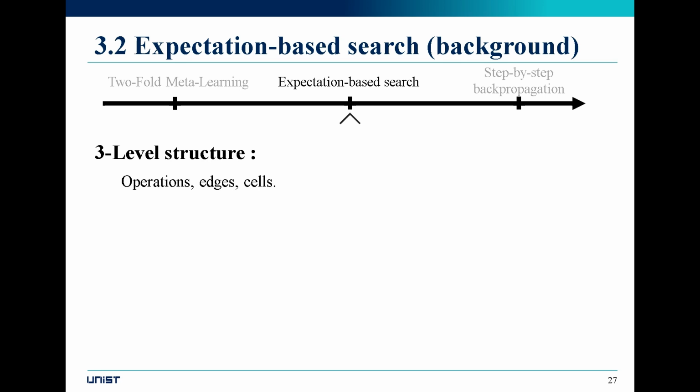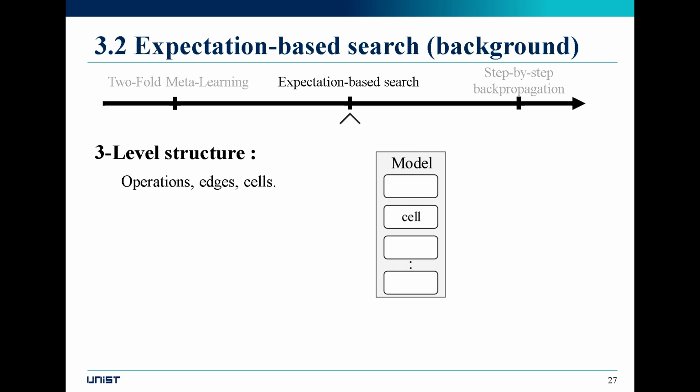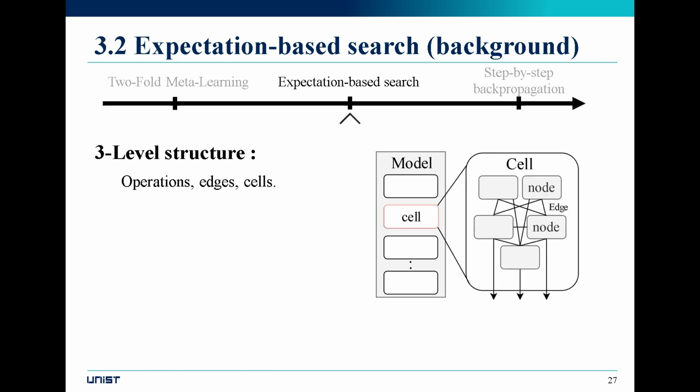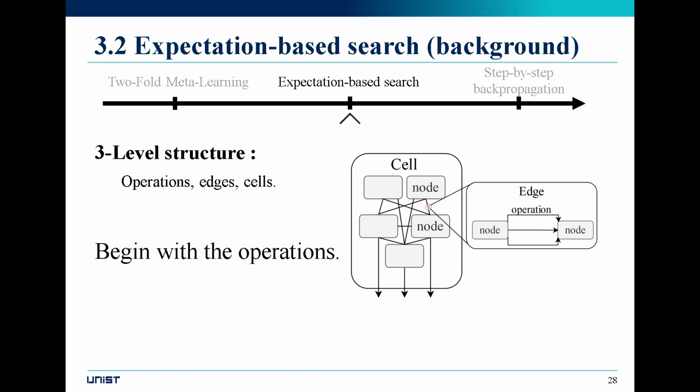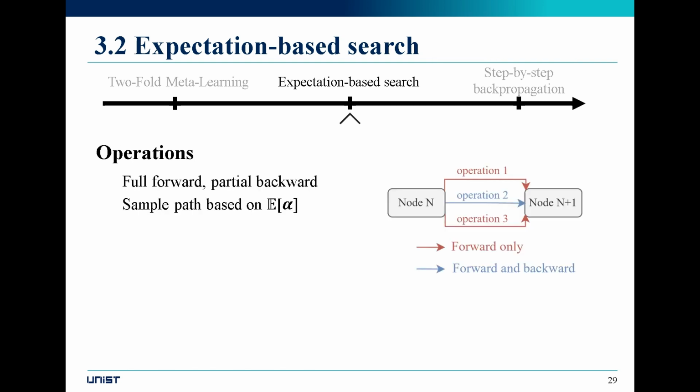Now we know our over-parameterized model has a three-level structure: operations, edges, and cells. Model is composed of cells. Cells are composed of nodes, and edges are composed of operations. So it will be natural to begin memory reduction with the operations. To reduce peak memory at our operations, we'll take a full forward pass during the search while using a partial backward pass